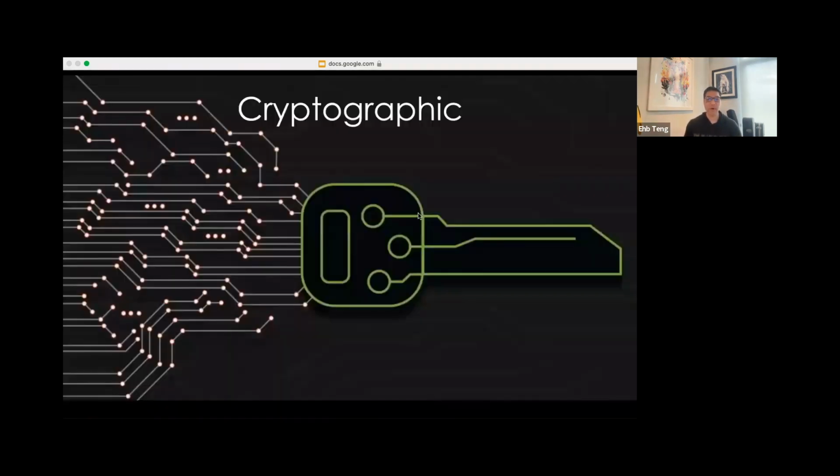The other part that I'm going to get into right now is the cryptographic part of blockchain technologies. Blockchain, the technology, is probably a little bit hard to understand for a lot of people. Like, how does it actually work, right? So the first